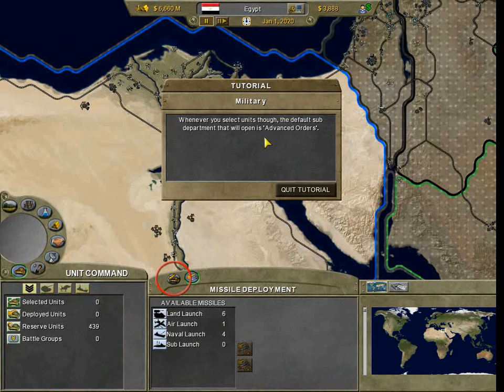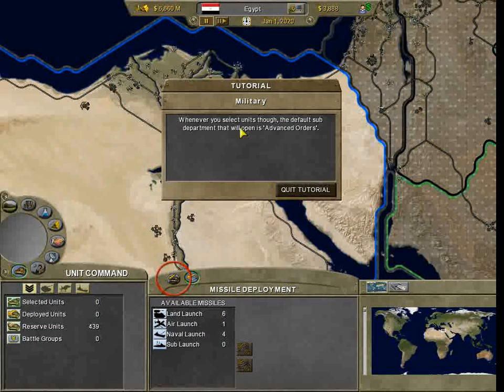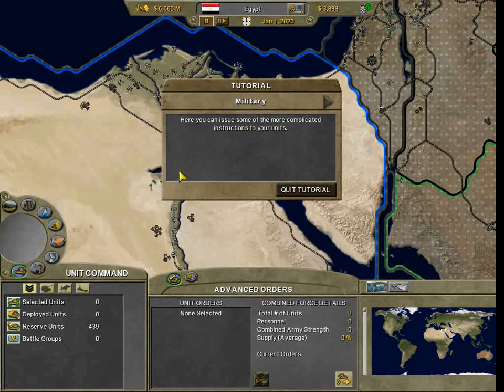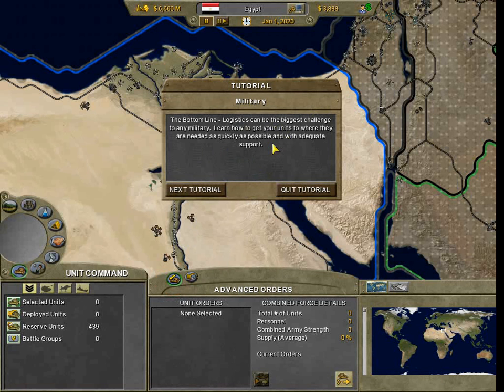Whenever you select units though, the default sub-department that will open is Advanced Orders. Here you can issue some of the more complicated instructions to your units. Bottom line, logistics can be the biggest challenge to any military. Learn how to get your units to where they are needed as quickly as possible and with adequate support. Okay,